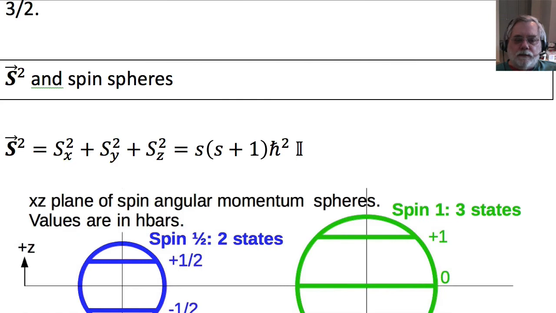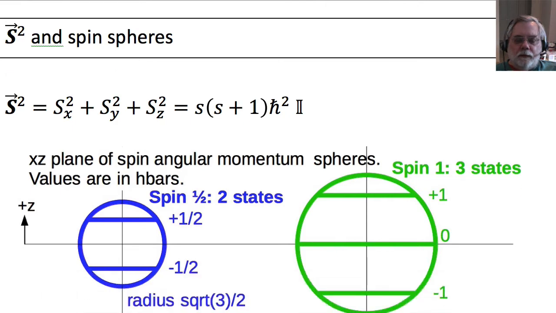S squared and spin spheres. In the last lecture, D3, we looked at the spin sphere for spin 1/2. We said that if we take that there's a total angular momentum vector,